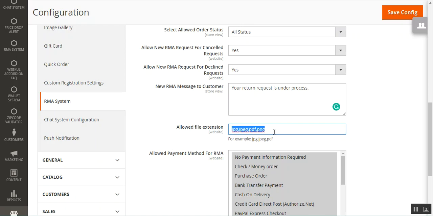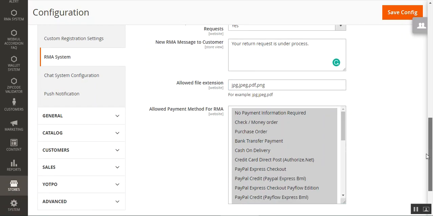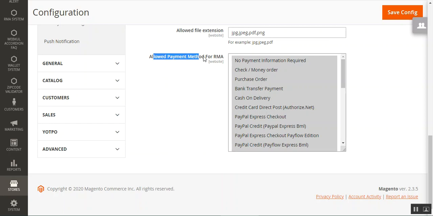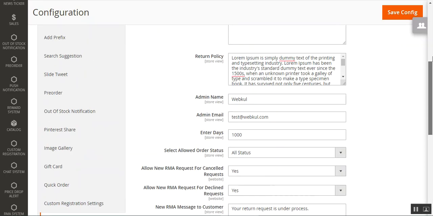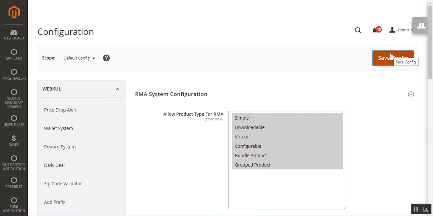You can add more file extensions as well, as per your own requirement. And lastly, we have the allowed payment methods for the RMA. Here the admin will select the payment methods for which the customers can request RMA. Only the selected payment methods would be visible at the storefront for the customers. And lastly, you just need to tap here on the save configuration button, and we are done configuring the initial